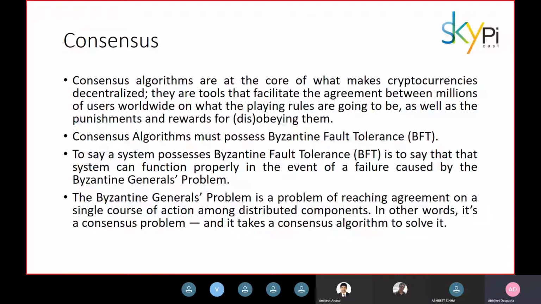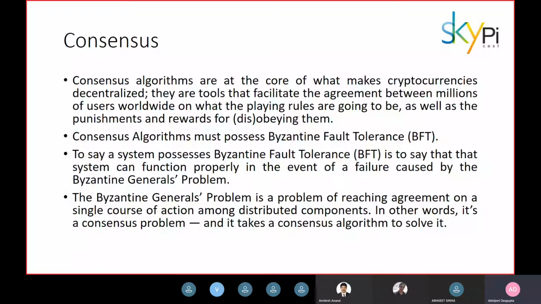Just like many other concepts in computer science, the Byzantine generals problem has also been defined using a sort of situation. Let's see what the situation is and how this problem can be explained. Say we have a group of generals in a war, each commanding a division of a Byzantine army, who need to decide whether or not they are going to attack an enemy city.